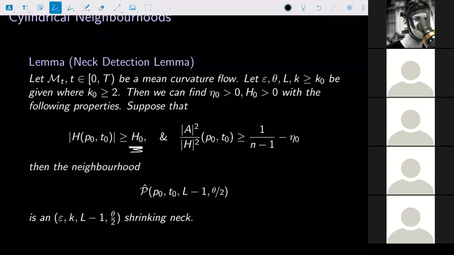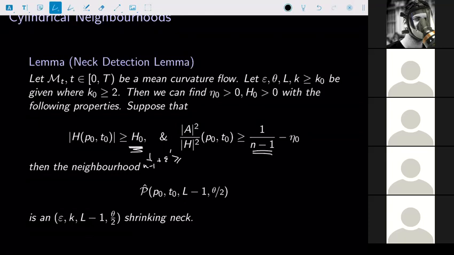So therefore, it's saying that if you have mean curvature sufficiently large, and here this condition says that h squared is less than or equal to 1 on n minus 1 minus eta0. Now, the previous theorem already tells you that this is actually less than or equal to 1 on n minus 1 plus some epsilon dash, a different epsilon here. So what this is saying is, if you are less than 1 on n minus 1 plus epsilon dash, it could be that a squared plus h squared actually could be going towards a squared divided by h squared 1 on n, which means that you are actually becoming like a sphere.